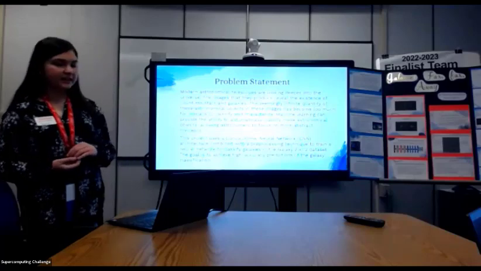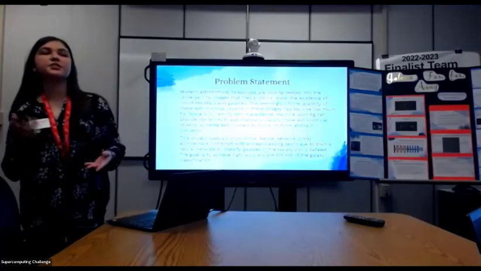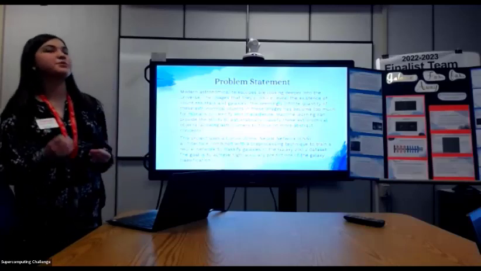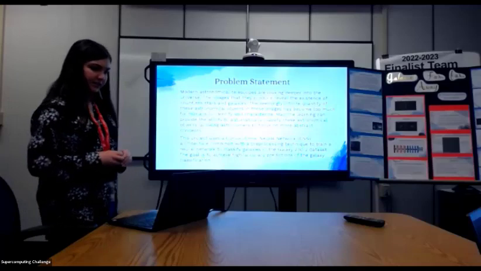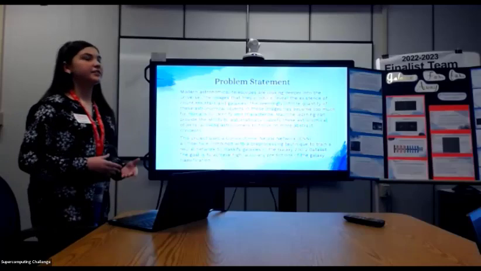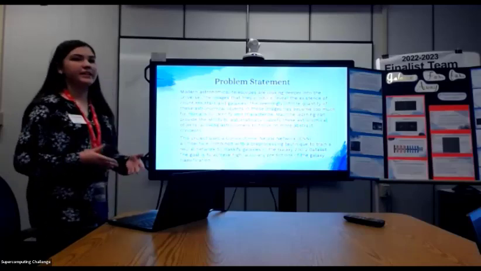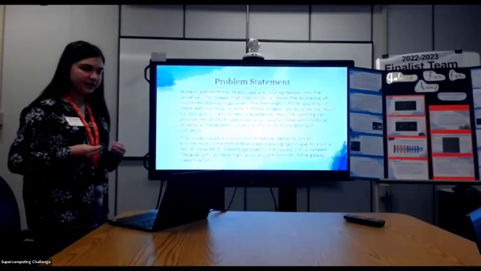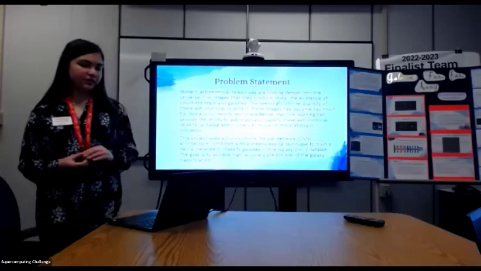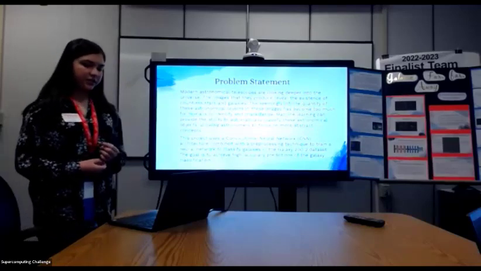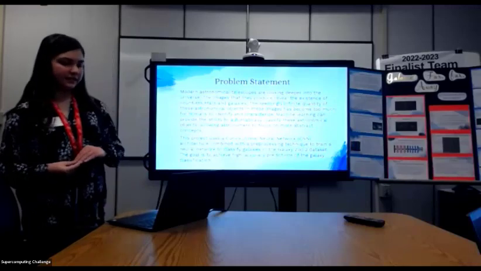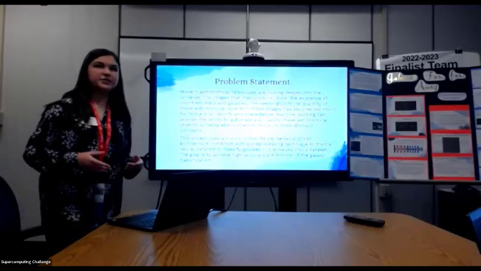Nowadays, scientists are looking more into space, like with the James Webb Telescope, and there is so much data coming from it that it's getting hard to look at and organize. So my project uses a convolutional neural network to classify galaxies in the Galaxy Zoo 2 data set and to achieve